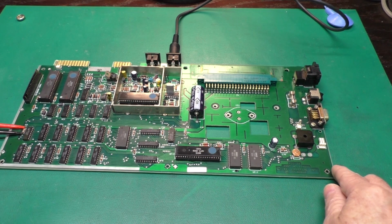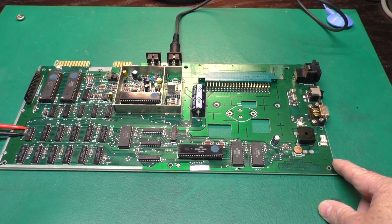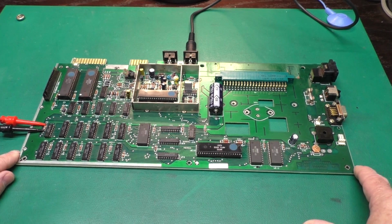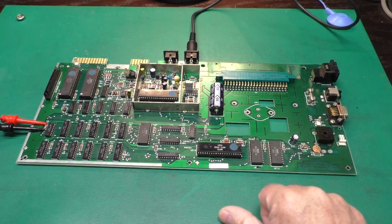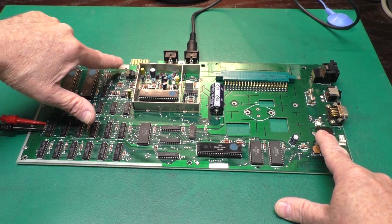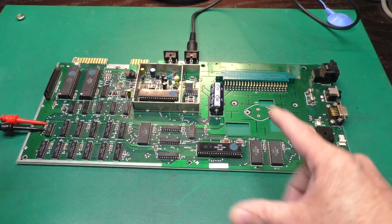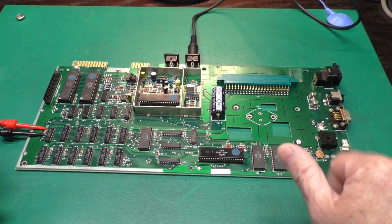You can just see these clip leads here. I have connected my bench power supply to one of the bypass caps, which goes across ED1 here. That's an easy way to power the board with 5 volts directly. The reason I can do that is the only other thing on this board the 9 volt goes to is part of the cassette motor circuitry here. There's a crude voltage regulator for the motor voltage, and it goes directly to the user port. Since we don't need any of those things to make sure it runs, we can just power the board directly